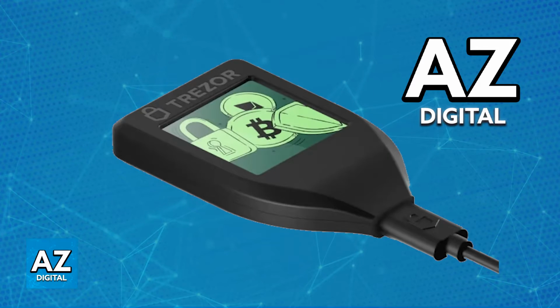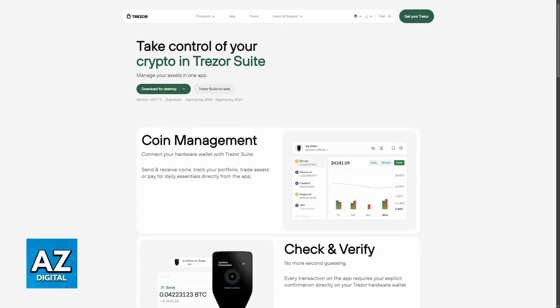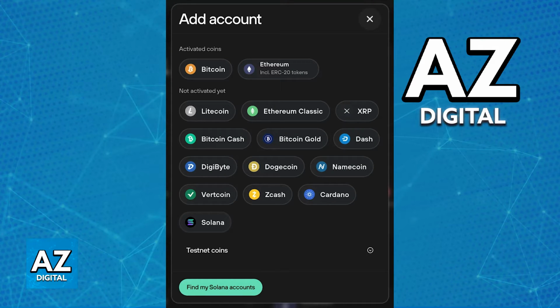So first, all that you have to do is set up your Trezor and generate a receiving address. So connect your Trezor device to your computer. This is going to be done using a USB cable. Afterwards, open Trezor Suite. If you look at the left side of the screen, you will be able to find a plus sign that you can click on and then choose Ethereum as the crypto asset that you would like to create a wallet for.